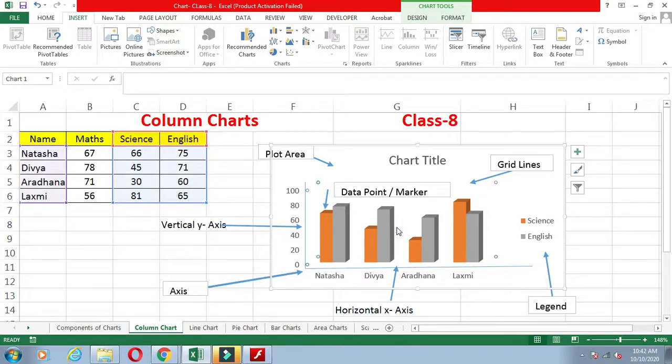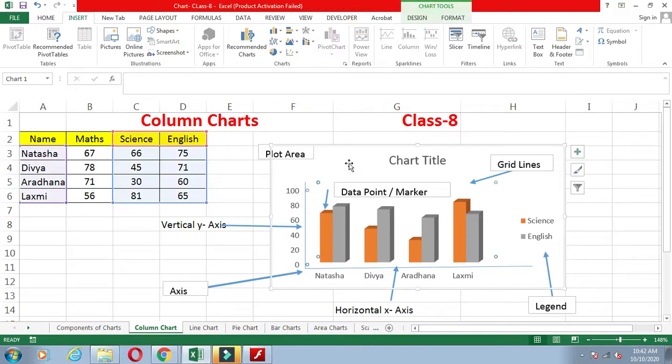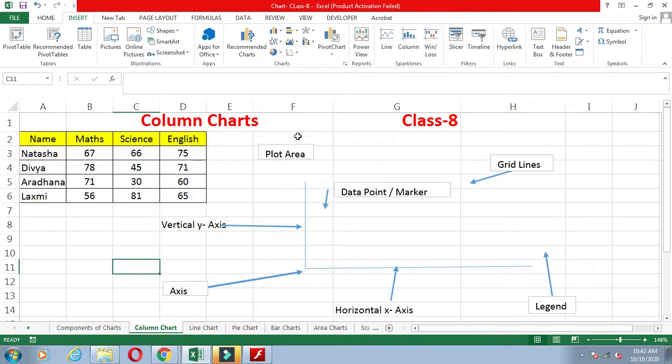These are the names. Now, for that purpose, we have to make data just like this. This data you have to type. If you have it ready-made, then it's okay. You just select this data, then go to the Insert tab, then go to the column chart, where in the chart group, column chart.